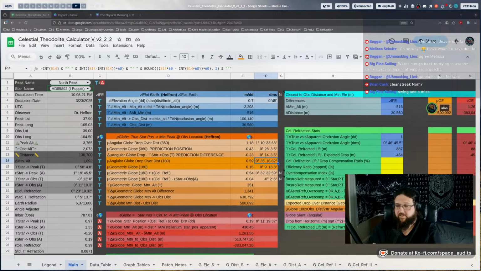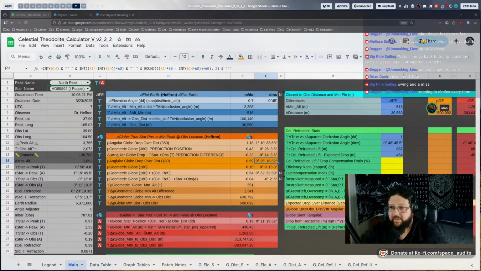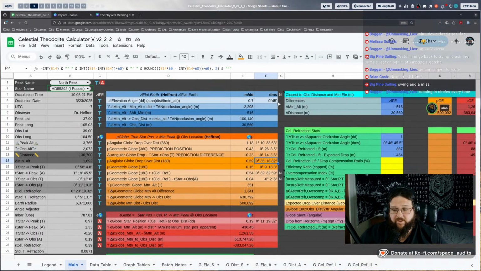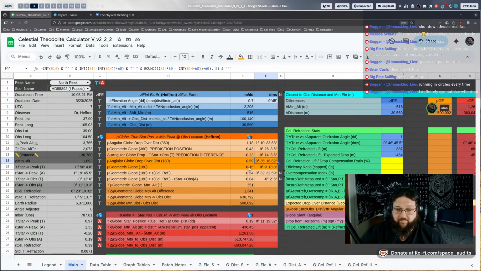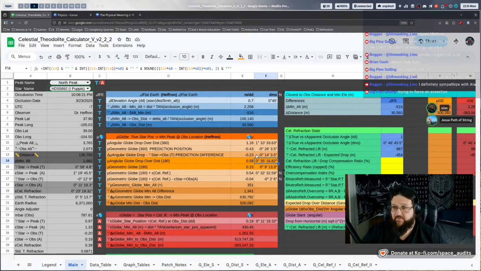So listen, big dog. Either way, even if you didn't account for astronomic refraction and you just took the occlusion angle as is and drew a tangent to it, that tangent doesn't belong to an angle that corresponds to numbers that are going to be able to produce globe measurements. So that's the actual point. This weird roundabout thing doesn't refute anything about the process.